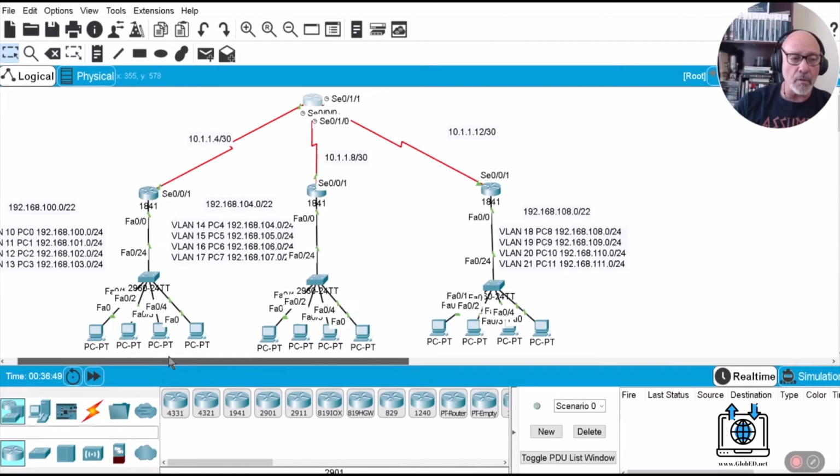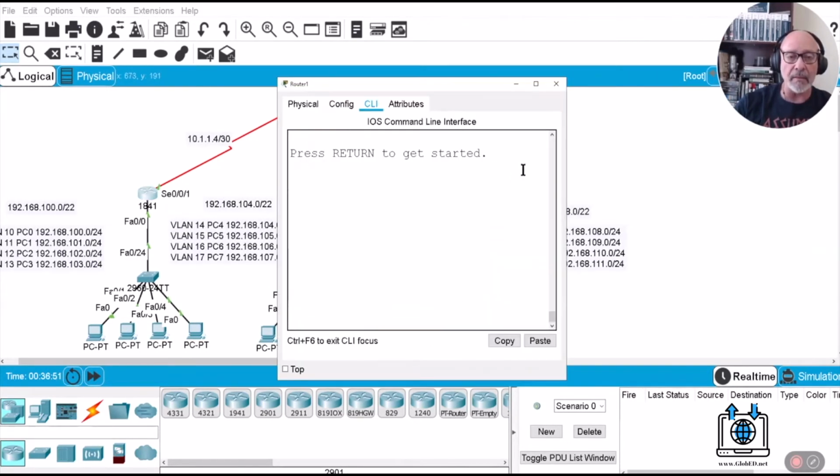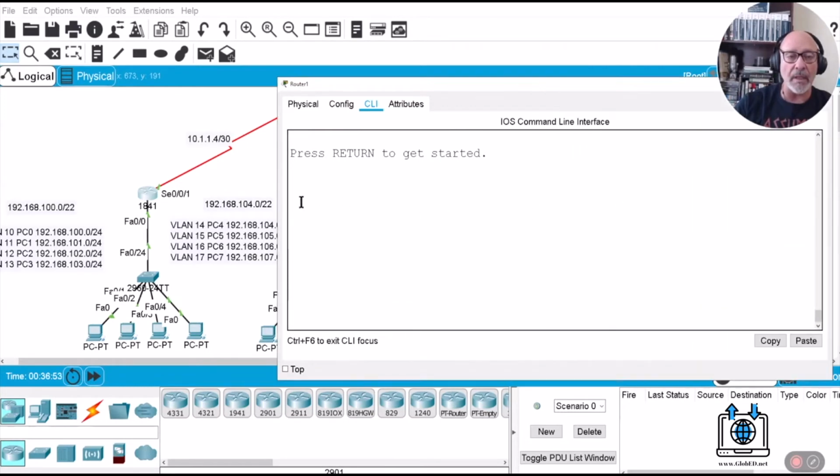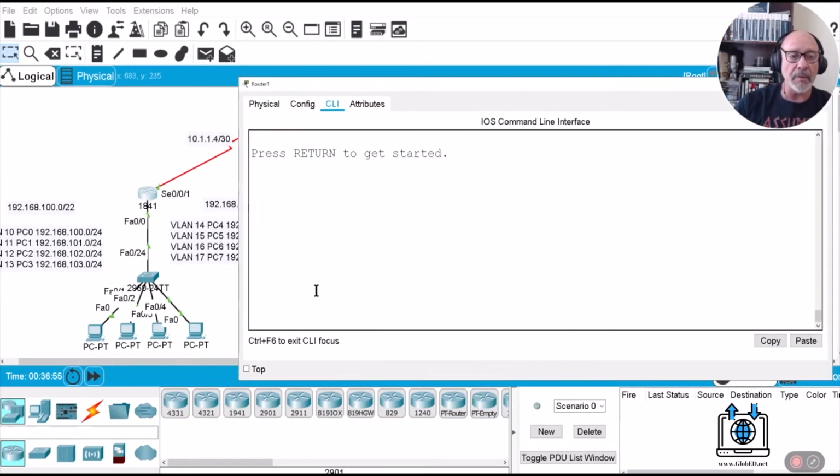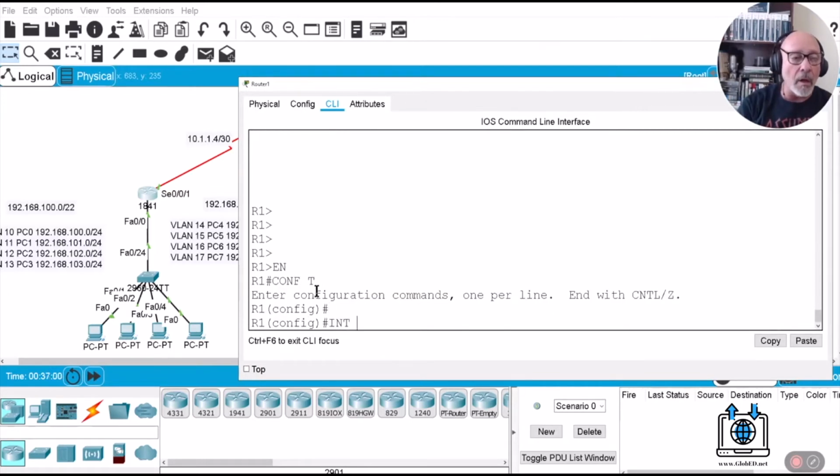Then I'm going to move this over here, and I'm going to place the router right where it's at. Open it up nice and wide. Let's bring it up to here. I think that should be enough where you can see it nice and clear. Enable, conf t. They're all going to be int